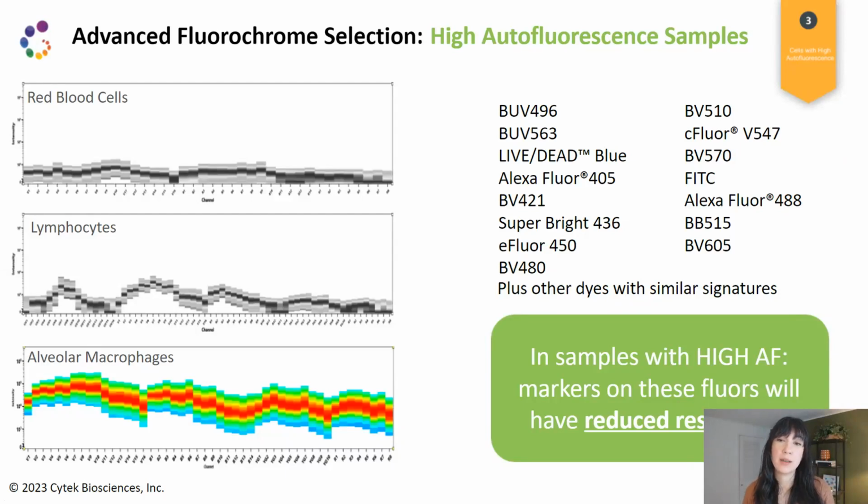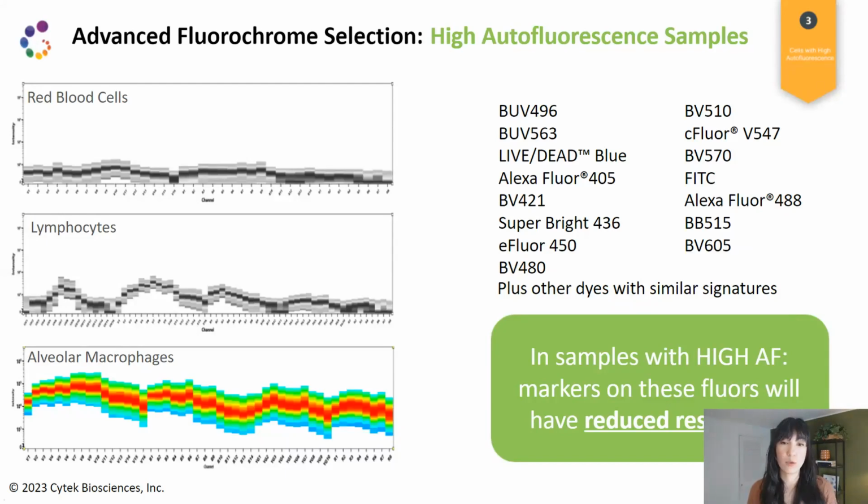And again, depending on your panel, if you have a very small panel and you are able to not include a fluorochrome, let's say BV421 tends to be a pretty difficult one. So maybe you just don't include BV5, or sorry, did I say BV421? I meant BV510. So BV510, you might just not put that in your panel and leave that channel open. That's one option if you have the availability to do that. But if you want to include that, then in the next section, I'll talk about some strategies you can use